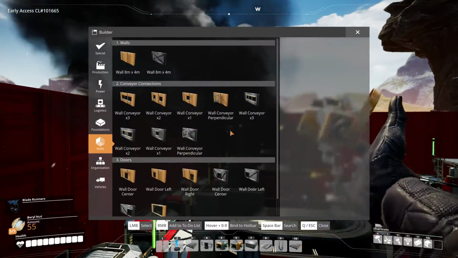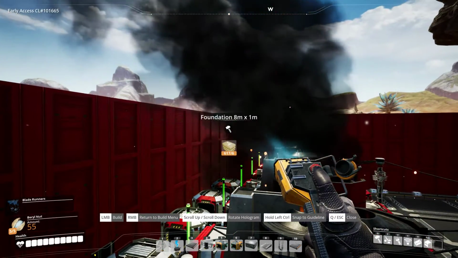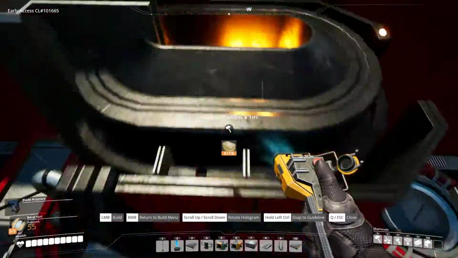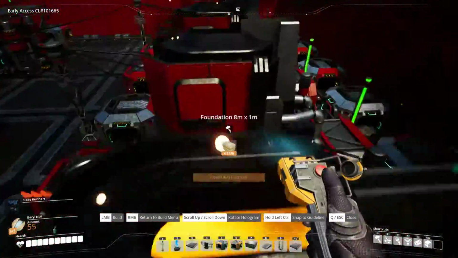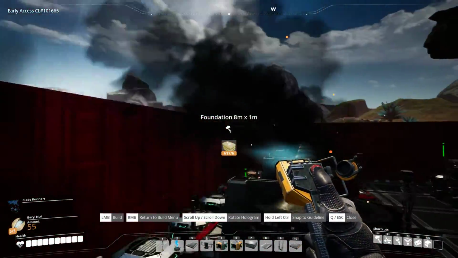So now what we want to do is grab the 1 meter foundations, and there's some smart things we can do with these. Oh well, I can walk between them with the blade runners because I'm going fast enough that I catch my foot on the next one before I fall off entirely. Brilliant. Okay, yeah, anyway,